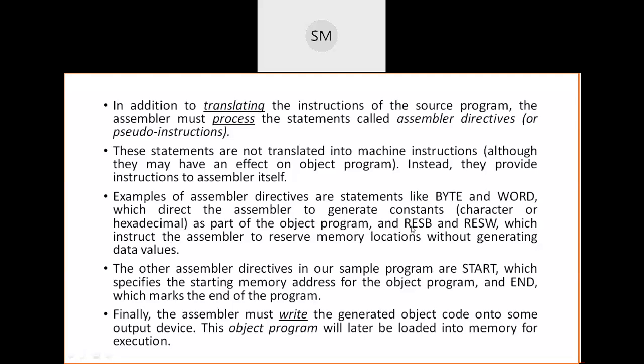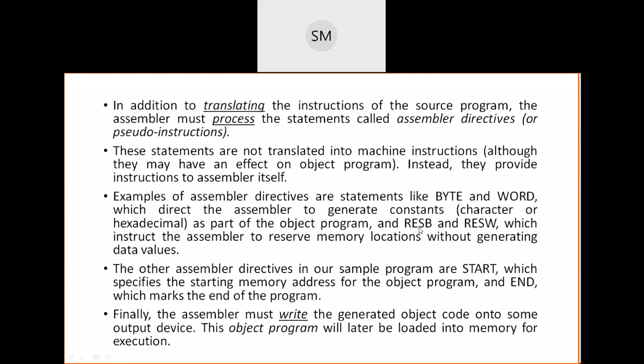Then the other two assembler directives are RESB (reserve byte) and RESW (reserve word). These will also reserve some memory. Reserve byte: however many bytes you require, that many bytes it will reserve. But that number of bytes you want to reserve, you should write in the operand column.